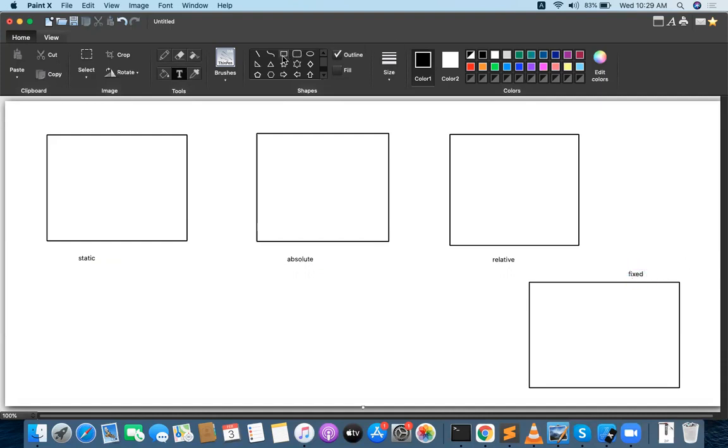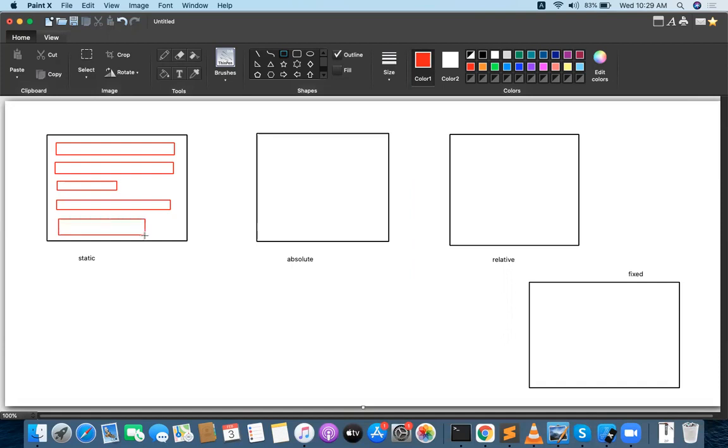Okay, for example, if I want to take multiple elements in the static position, one element is like this, and another element is like this. And if you want to take another element, it should be like this in static order. In static order, all elements are arranged from the top of your body, one by one, placed like bricks. So this brick is not movable. By default, all elements are in static position.